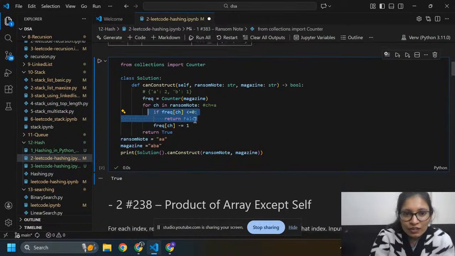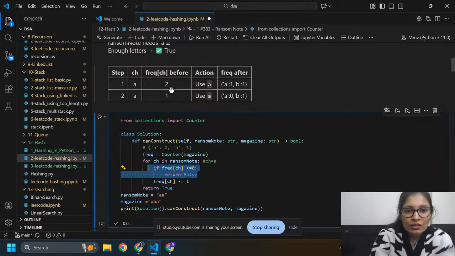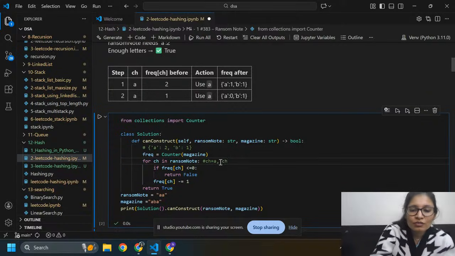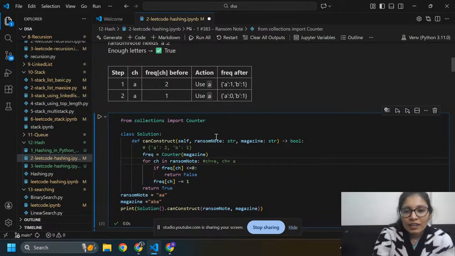No. So here I use the loop 2 times. For ch equals a, its frequency before was 2. We use a, so now a is 1 and b is 1. Again I run the loop, ch equals a again. Again I use a, so it will become 0 and b equals 1.